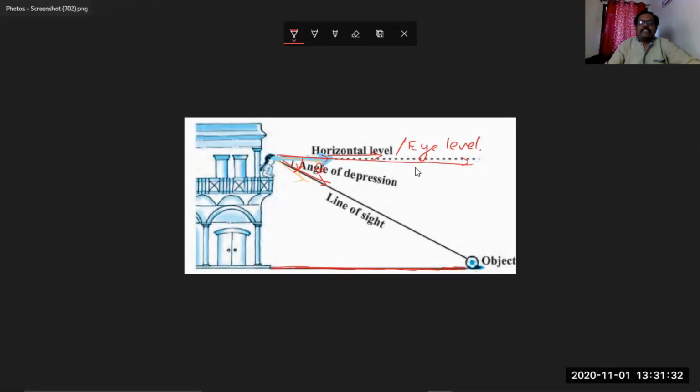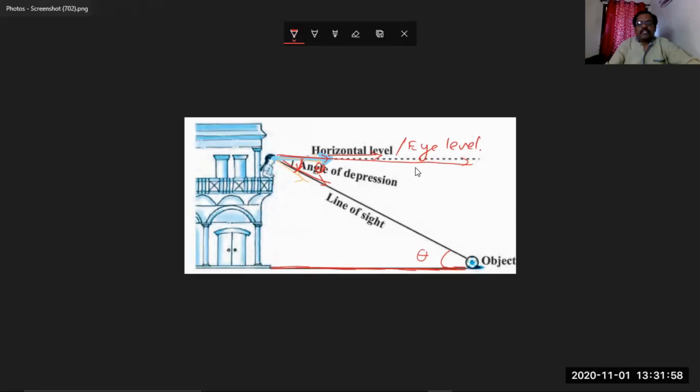And as per the properties of parallel lines and transversal, if we see, this is the angle of depression, and if it is denoted by theta, obviously we can say this one is also the same as this one angle, right? Yes. So in this way, using this angle of elevation and angle of depression, we are able to find this distance.